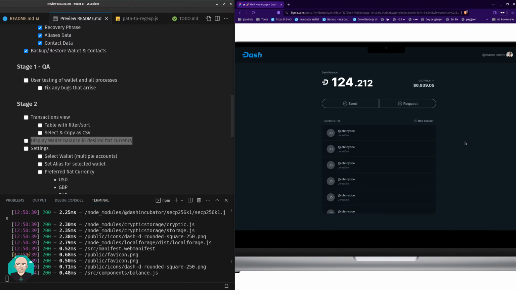It should be high on the list because I think most people don't think in Dash. They end up having to deal with whatever their local fiat currency is. And so even if you're trying to live off of cryptocurrency, you end up having to convert that to wherever you're living, to whatever that local fiat is. So knowing what your value is in your local fiat,